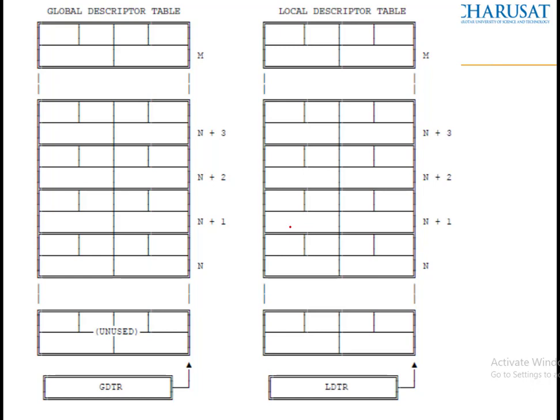All these descriptors will be stored in memory. The GDTR register is available in the microprocessor, which points to the base address of the global descriptor table. In the same way, the LDTR register is available in the microprocessor, which points to the base address of the local descriptor table. Then we can see index 0, n plus 1, n plus 2 and m. Similarly for the local descriptor table, and each entry is 64 bits in length.